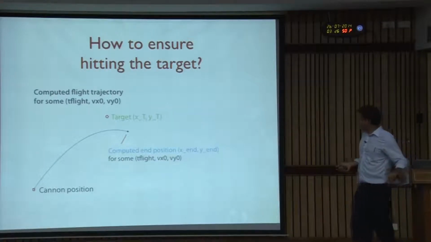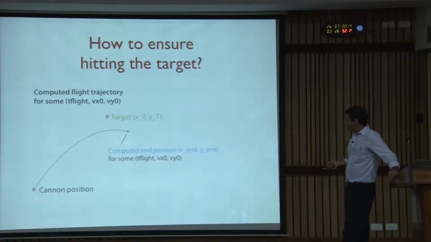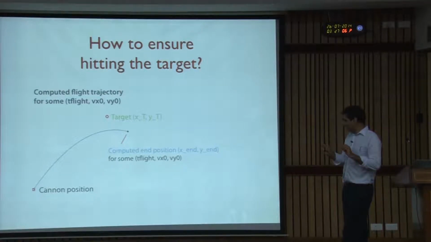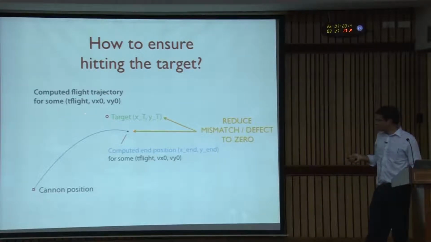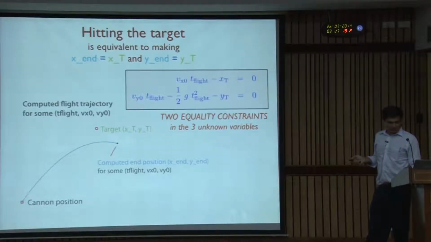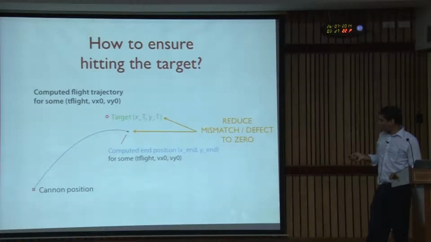So how do you ensure that you hit the target? Now, if you know those three numbers, the initial two velocities and then the total time, you can start it there. Let's say that's 0, 0, and this final point is given. Start it there, simulate it for the time of flight, and because you've chosen these three quantities perhaps randomly, you will end up somewhere out here, and what you want to do is reduce the mismatch between these two things. You want this point to be at this point,